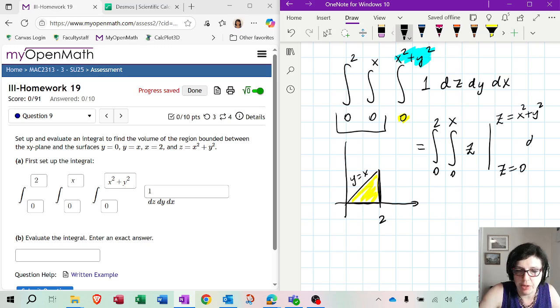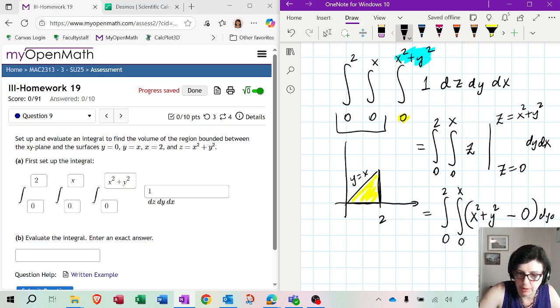So this is very important that we put z equals, because generally, since now you have 3 different variables, who knows which one you are substituting for, so you've got to be careful there. In this case, it's just z, so it was kind of clear, but still, if this was like x, whatever, then z would stay z. Okay, so anyway, we will substitute in x squared plus y squared first. That's the top limit. Minus z equals 0, which is 0. Okay, so that's it. And then we are integrating dy dx.